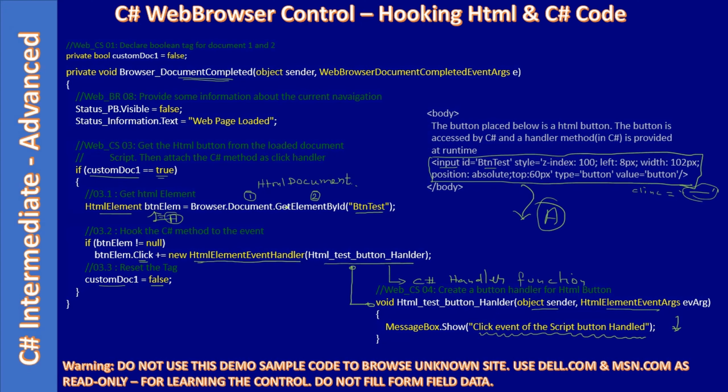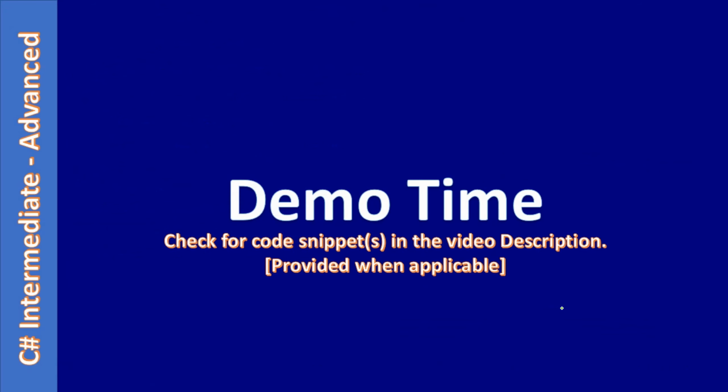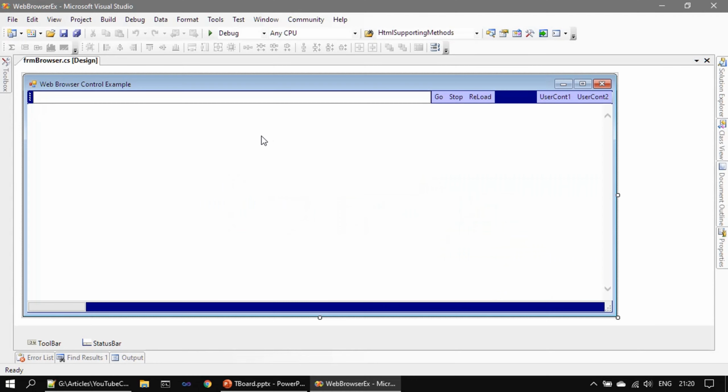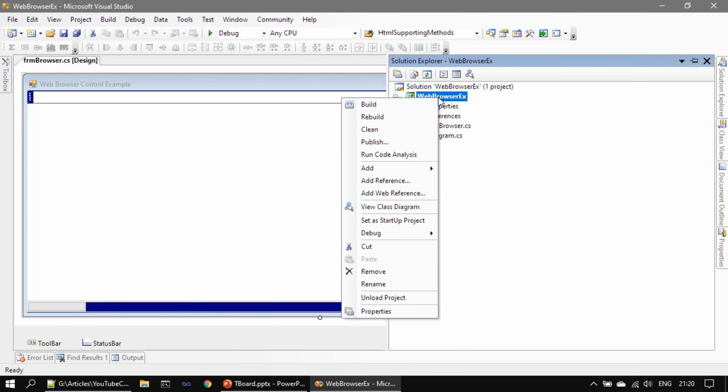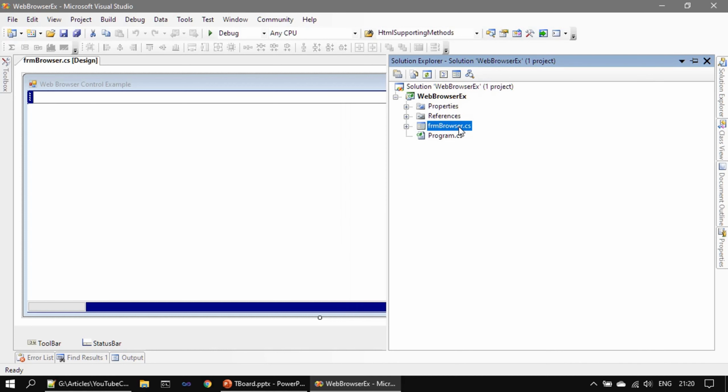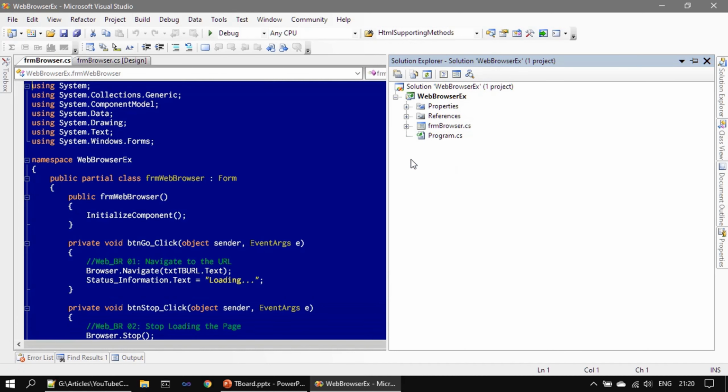Alright, just now you saw how we are reading the HTML content from the web browser and hooking that to the C# event handler. Now it's demo time. We will go and see the demo. So here is our web browser. We will go to code behind, view code,